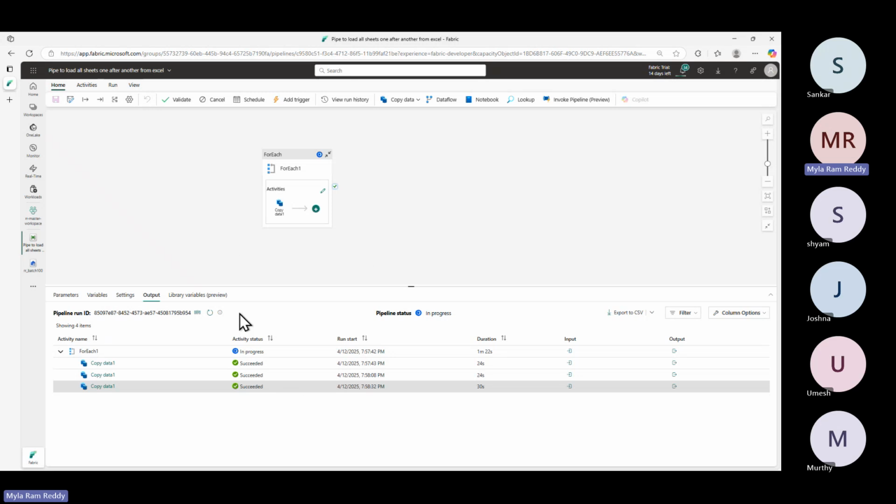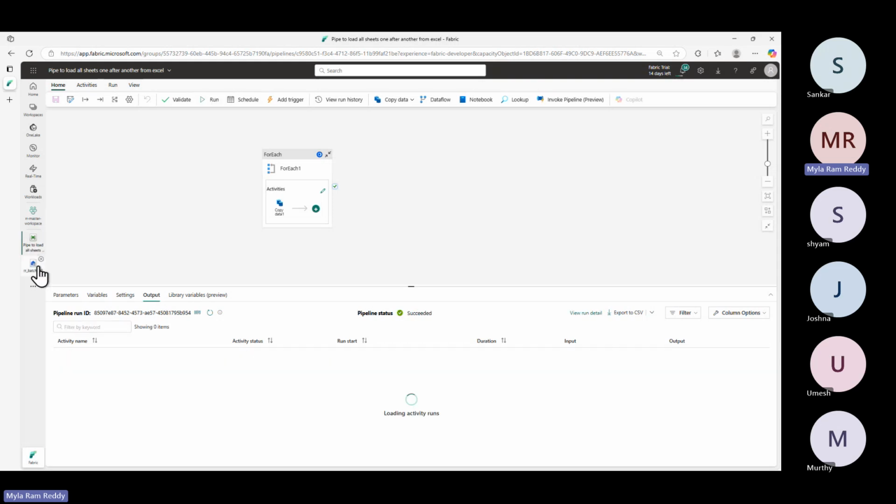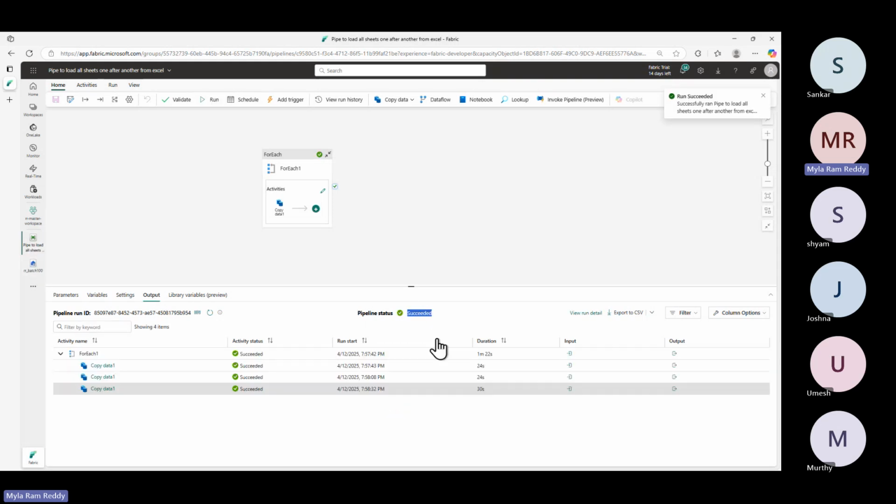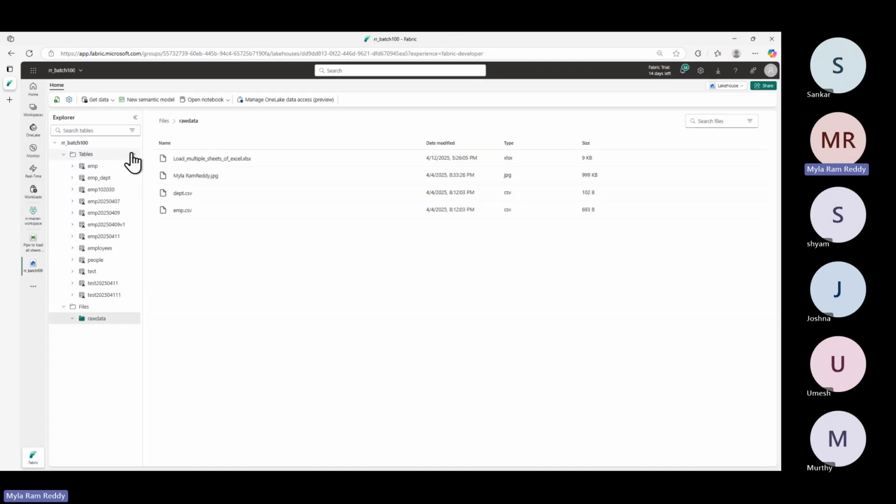Now make sure everything is complete. Once it is completed, go back to our Lakehouse and observe the table, whether all 3 records are available or not. Make sure it is succeeded. It's succeeded. Then go to your Lakehouse, go to your tables, refresh it once, and observe whether anything with today's date is available here or not. EMP